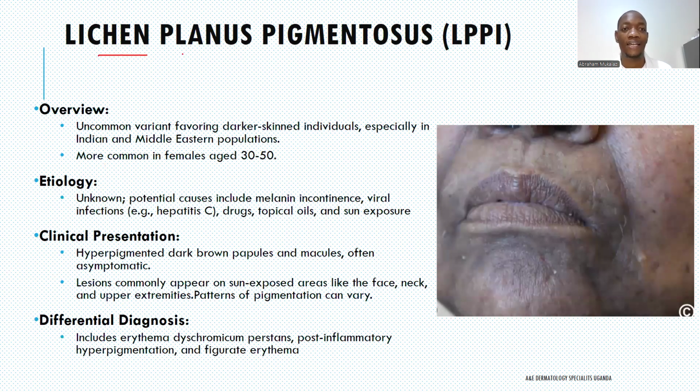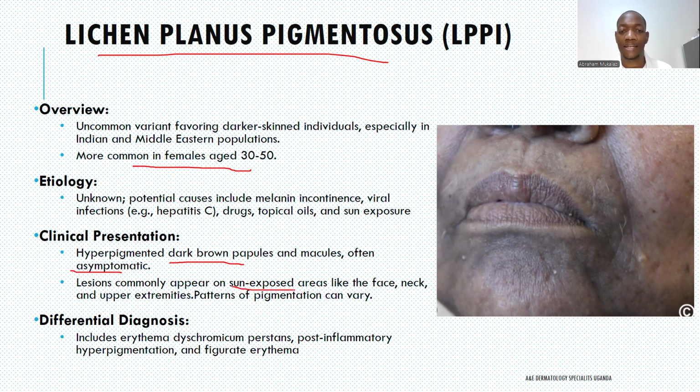Then you can also have lichen planus pigmentosus. So in this case, it usually affects females between about 30 to 50 years. Middle-aged Indians are most affected, and it is commonly seen in people with skin types 4, 5, and 6. And the clinical presentation, someone will have dark hyperpigmented papules and macules, oftentimes asymptomatic or a little bit itchy,